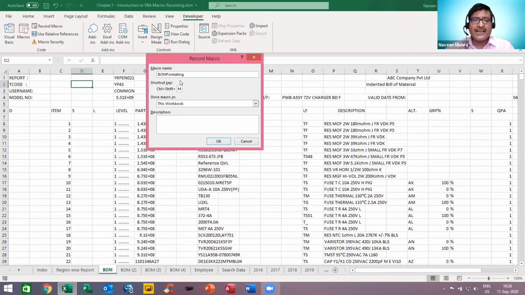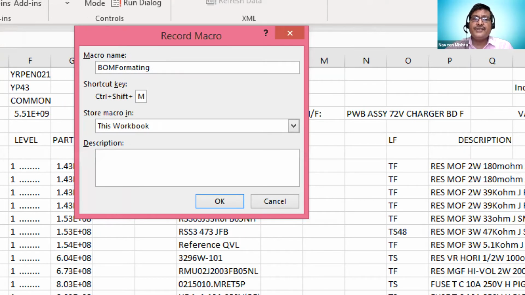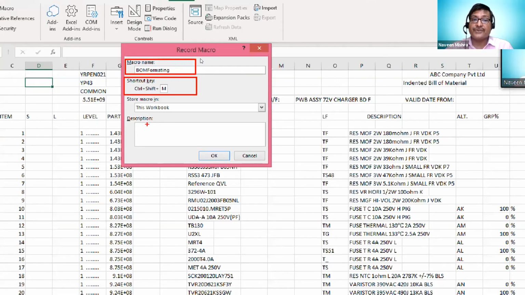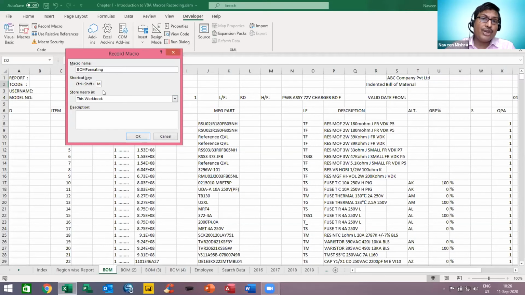So just understand, the first option is your macro name, and the second option is your shortcut key, right? Now the third option, the most important option, is location, where you want to store your macro. We can click on this drop down, and here we have three options. The first option is This Workbook.